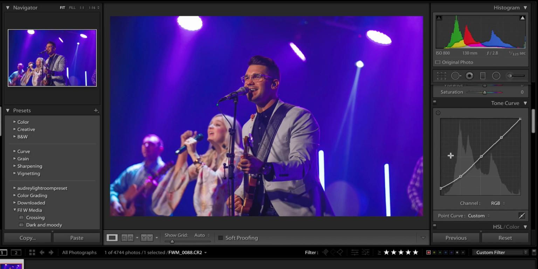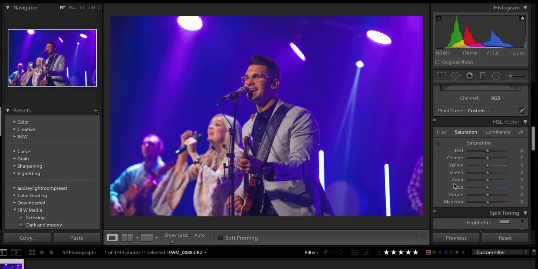So it's not so perfect. I'm gonna turn it on and off and you'll see the difference. It's a very subtle effect, but my personal style, I love it. Now, you'll see that he looks pretty orange.